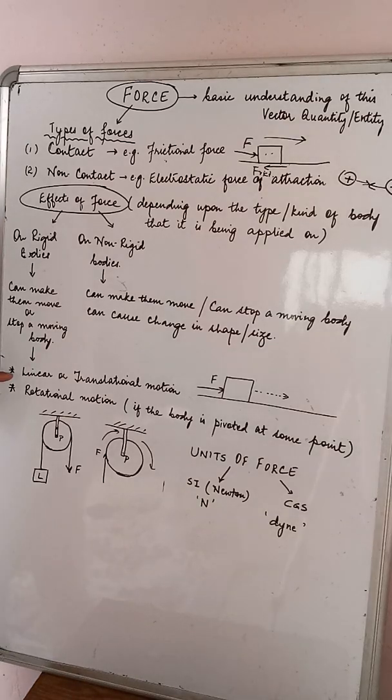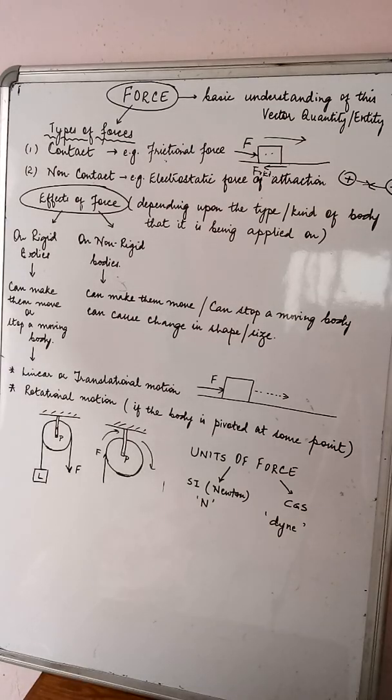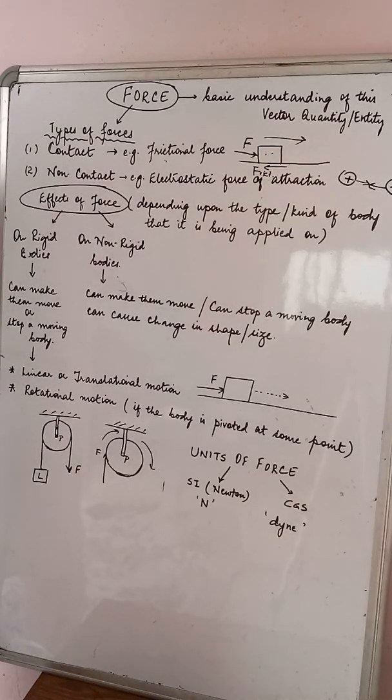So, you see, I have already highlighted these two important kinds of motions that are produced. One is the linear or the translational motion. The other one is the rotational motion. Linear, as the word suggests, is in a straight line. This kind of motion is obviously a result of the force,